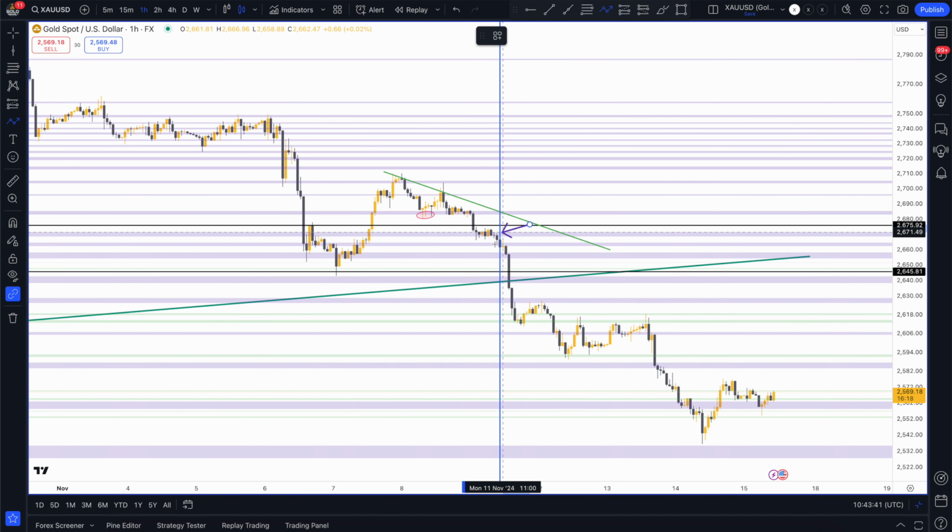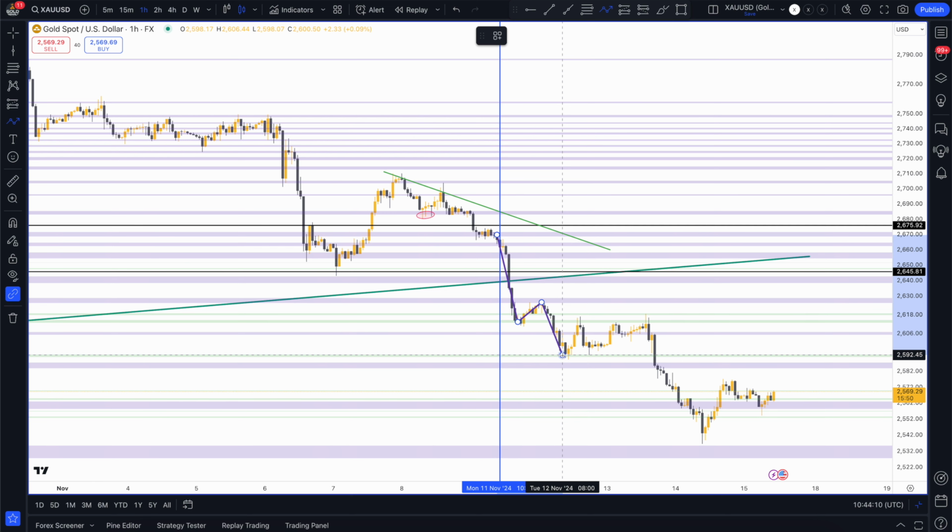Obviously, last time we left off here at this level of 2670. We saw the price was tested around this area as what we thought was a support at first. However, as you can see, price eventually broke down through our POIs and then continued, and we found support first at our level of 2613. Price then came up to test resistance at 2626, and then came back down to test an even lower level. We are now in the